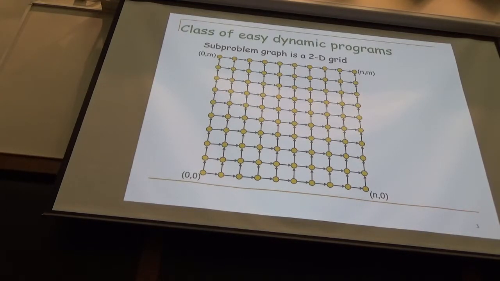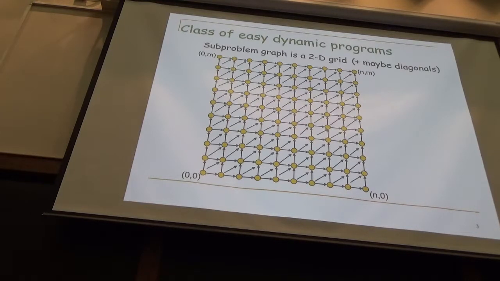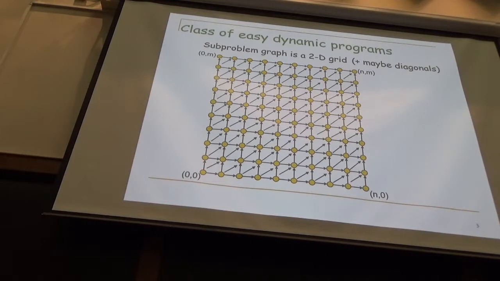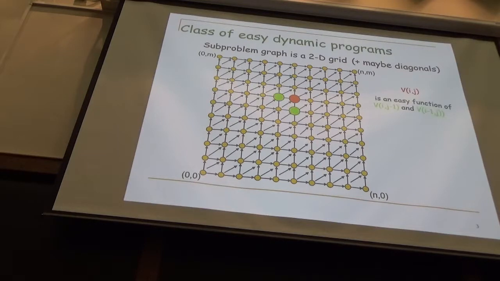The full problem will be the upper right-hand corner, and the trivial problem will be the lower left-hand corner. And sometimes the graph will have diagonals as well. Okay, so there's one of our subproblems. Again, we're being abstract. So each subproblem is indexed by just an ordered pair ij. And the setup is that Vij can easily be constructed, or is an easy function of, well, in the case when we don't have diagonals, then of the problem